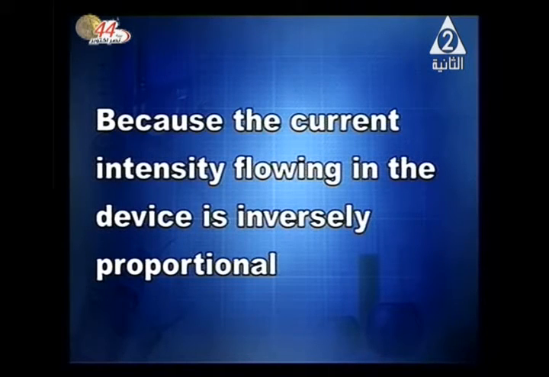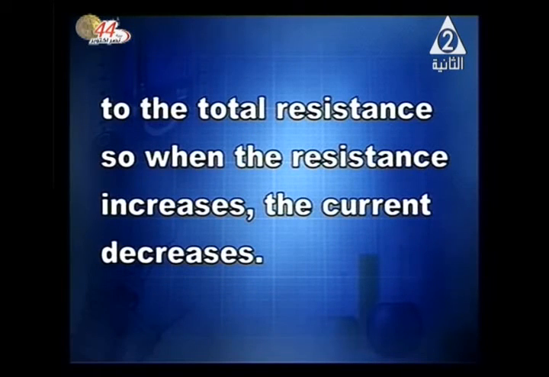Okay, it's all easy because the current is inversely proportional to the total resistance. So when the resistance increases, the current decreases. And this explains why the scale of the ohmmeter is reversed to that of the galvanometer. Another important give reason,